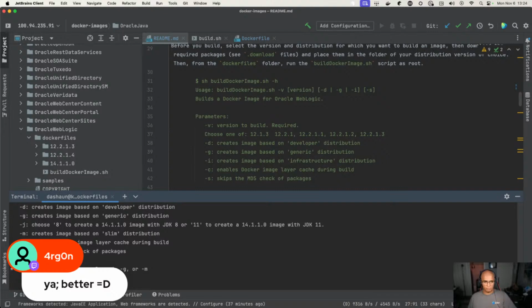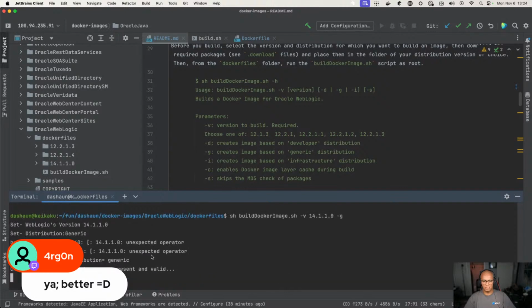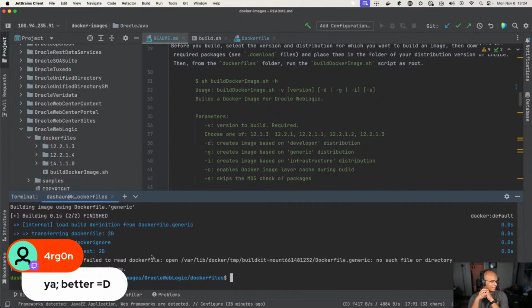Creates image based on Slim. Enable Docker image layer cache during build, I don't care about that. Skips MD5 check. Let's just see what we do. So sh build Docker image -v 14.1.1.0 -g. Let's see what we get. Let's see what we get. We are about 45 minutes into just trying to get a Weblogic